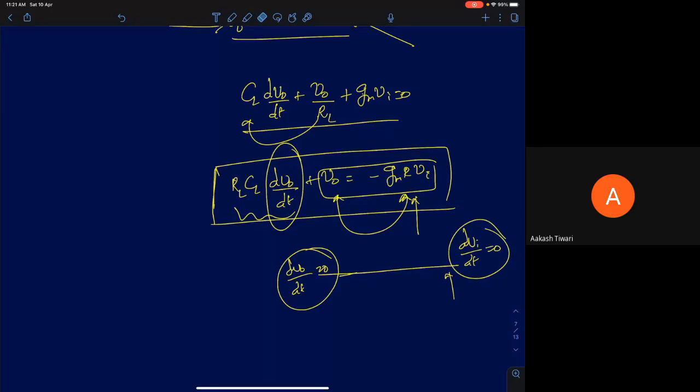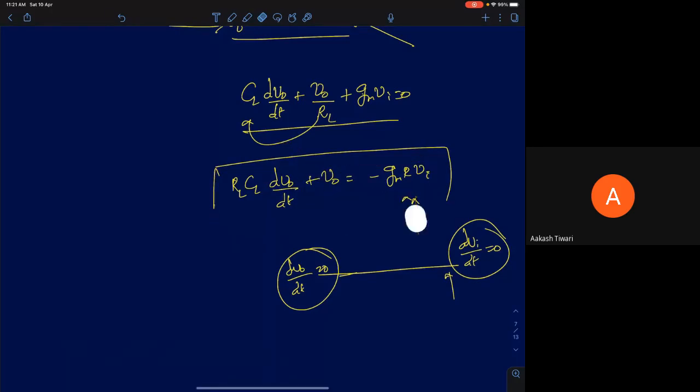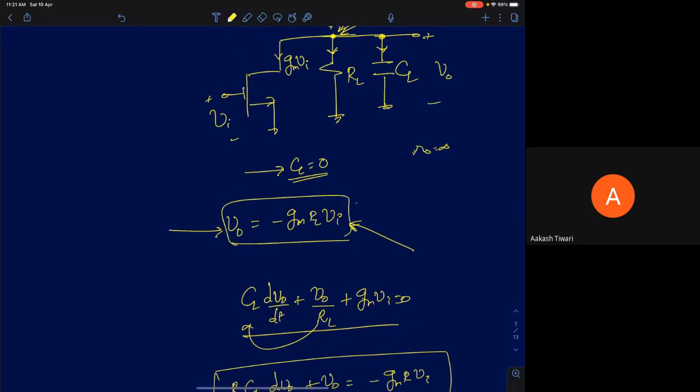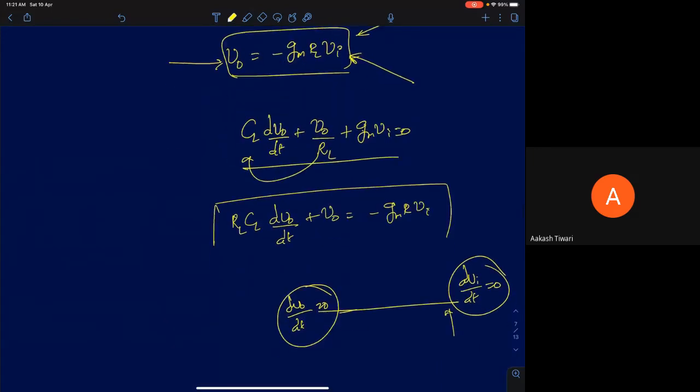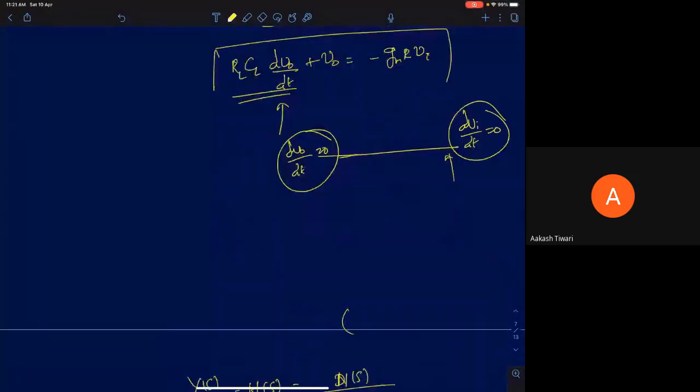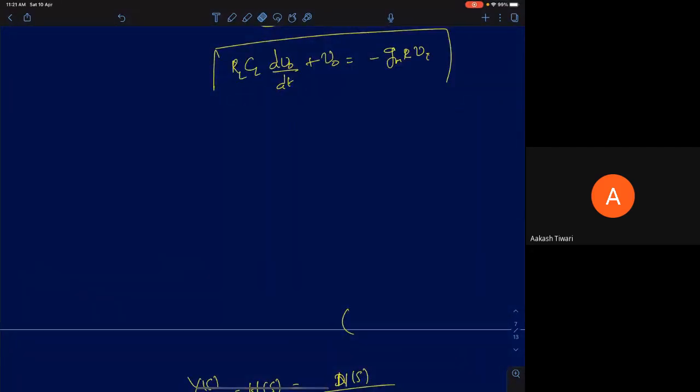More importantly, what I'm trying to tell you is that if I introduce a capacitor in the system, then an amplifier which was purely a linear system before, without any derivative terms, will now end up having some derivative terms as well. So if I generalize this, any amplifier can be represented as an nth order linear differential equation. If you want to find a solution, you'll have to solve this differential equation. That's where Laplace transform comes in very handy.